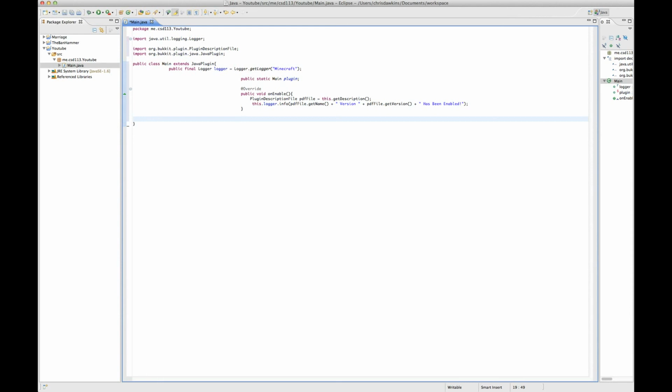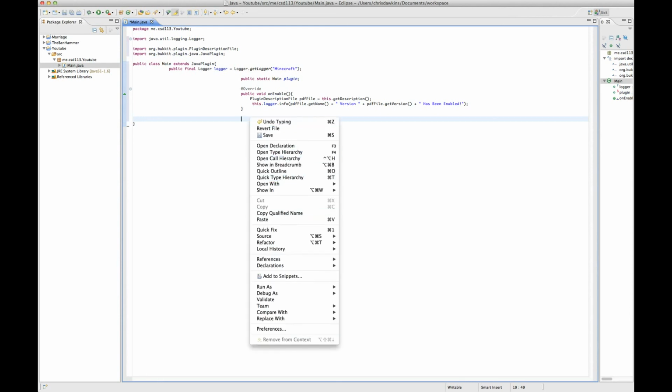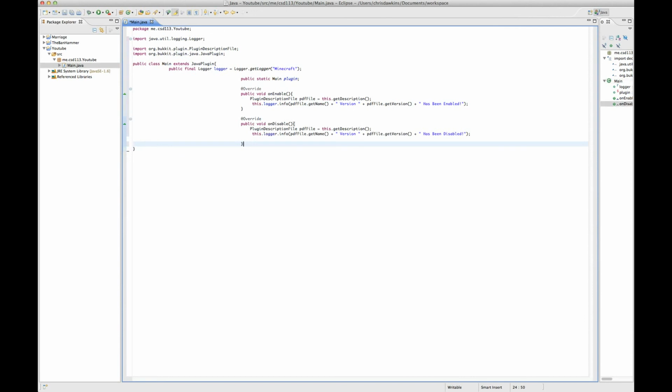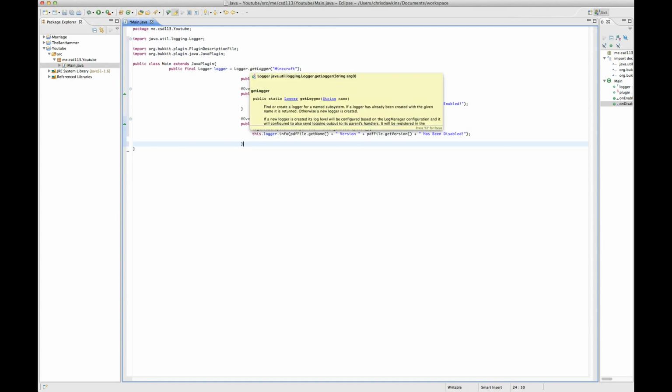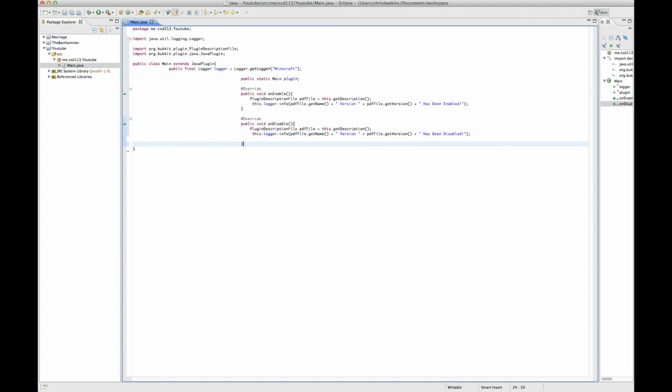So now we need to do the paste. So this is public void onDisable, plugin description, pdfFile, blah blah blah. You can do it using copy and paste and then just change enabled to disabled, but you need the public void onDisable. This is going to be a really simple, fast thing because there aren't many issues to this. So enter, and now we're going to create